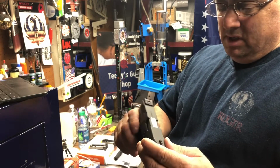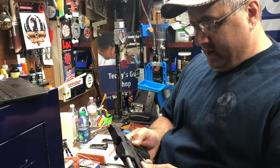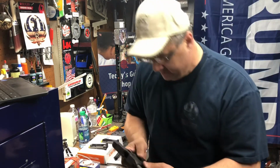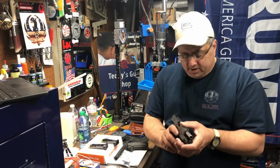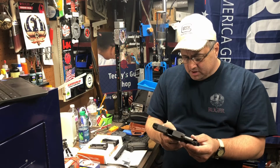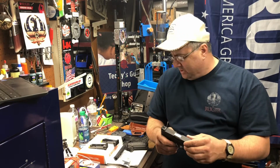I threw, like I said, consistently over 200 rounds of Federal brass through it, 9mm, 115 grain, and I really couldn't hit the broadside of a barn that day because I was off on my shooting, but I did pretty good. I did fairly well with it. It also has a